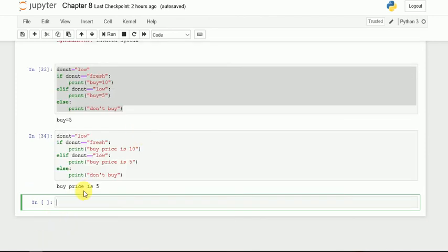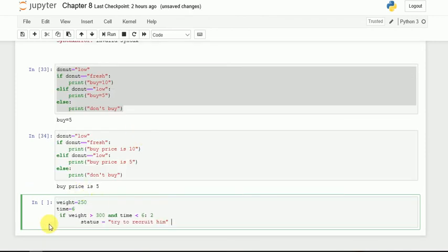Okay friends, I have copied the code and let's paste it, but before pasting it I'm going to make some corrections. So it's not status because it's not going to print, right? So we have to use a print statement here, right? Print recruit him or her, right? So let's run it